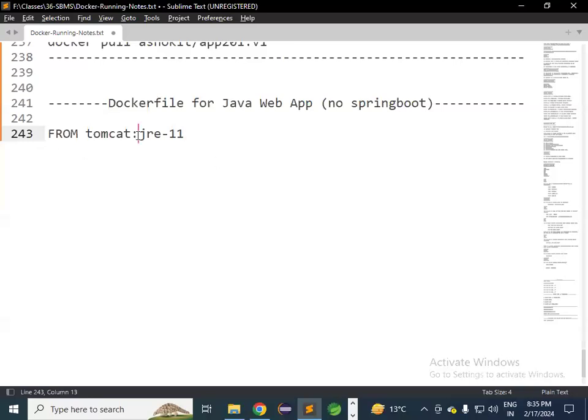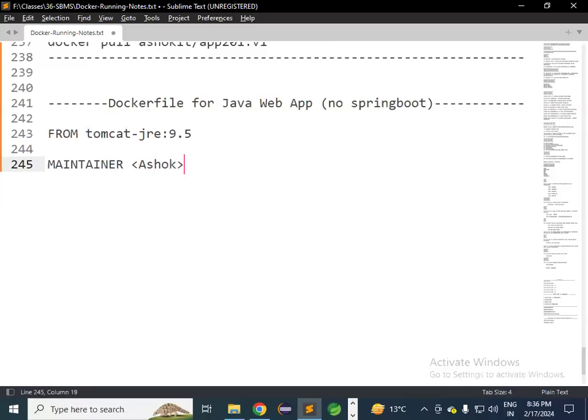When I specify the base image as Tomcat with JRE colon 9.5, then it is going to download the Tomcat server. Tomcat is developed using Java, and to run Tomcat, Java is required. Docker will install Java, then it will install Tomcat. A direct official image is available for Tomcat. So Java plus Tomcat will be installed in our container. Got it? Once we specify the base image, I'm going to give the maintainer name of who is developing